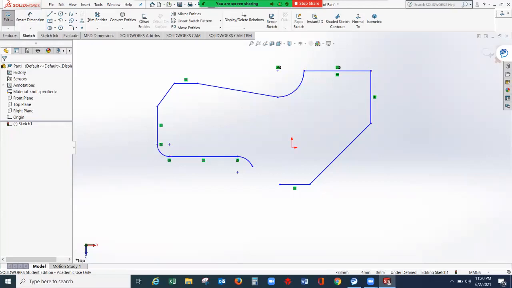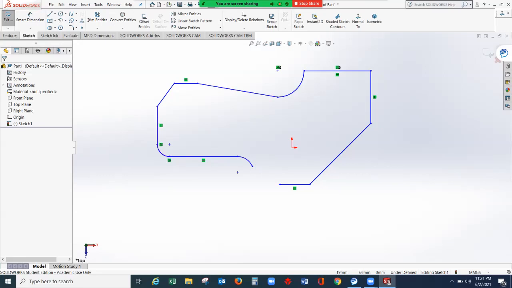Now from here, this is your initial drawing. You can delete some of these relations if they are disturbing you in creating your drawing. So how to delete a relation? For example here, select this, right click, and then delete. This is how you will delete your relation if there's a conflict on your drawing. Initially we will start with this drawing, and we can delete some of the arcs and lines if they are not fitted to the desired drawing that we want.